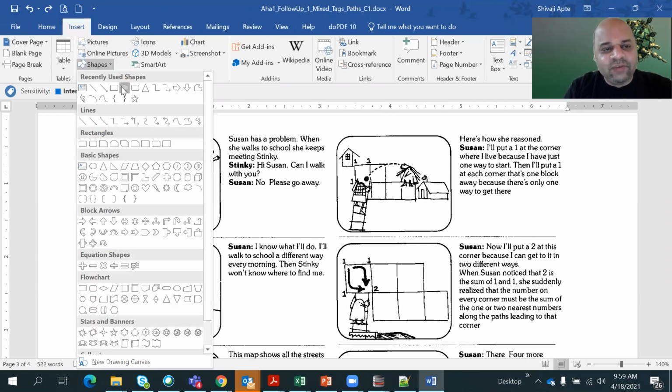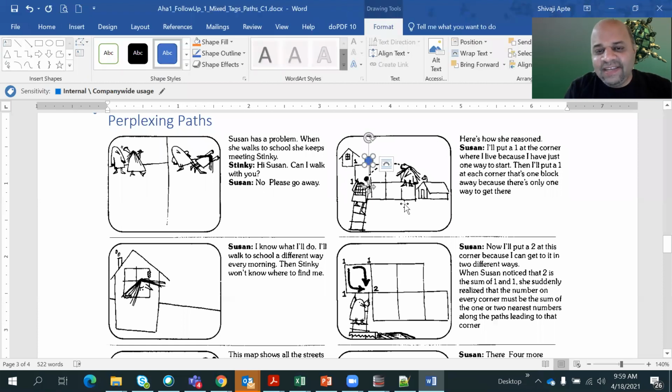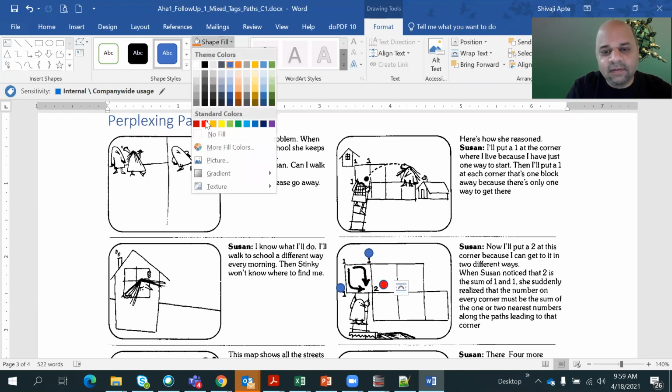See, I will tell you which one I meant. Sir, can you explain again? Yeah, I'm going to explain. This is 1 and the other corner is this, right? Or if I take it here, I will put it here, this one, and I will put it here, right? These are the two corners from which she could have reached the other one. See, this I will put it in a different color. In orange I'll put it.